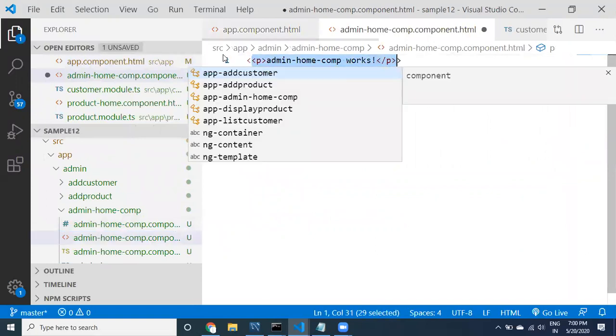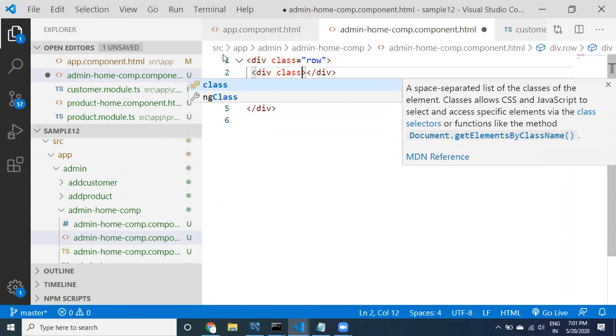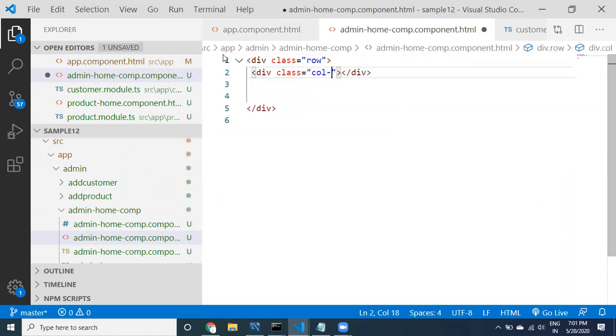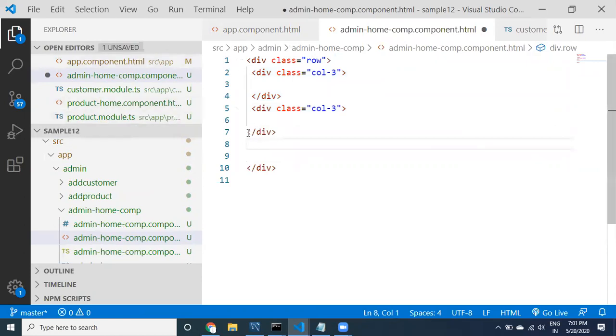Here you can take a div with class equal to row. Within the row, you can divide your screen into two parts: one with class col-3, and another with col-9.